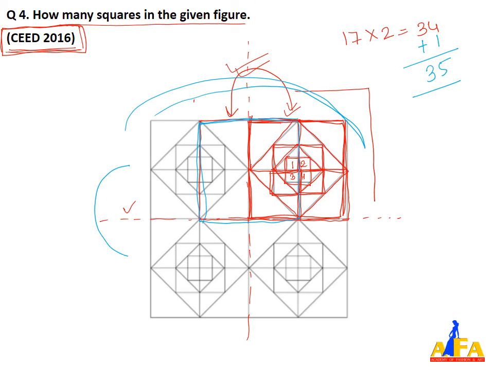So the upper figure and lower figure are similar, so we will multiply by 2. So 35 into 2 is 70. So अगर ऊपर और नीचे को कंबाइन किया है, सो कितने सिमिलर यहाँ पे आ रहे हैं. सो एक यहाँ पे मुझे दिख रहा है स्क्वायर, सो दिस स्क्वायर 1, this is 2, and similarly here this is 3 and 4.